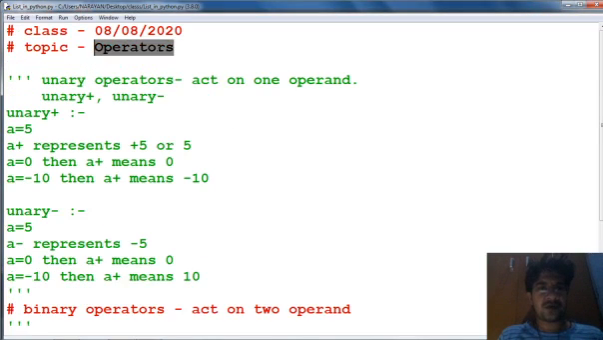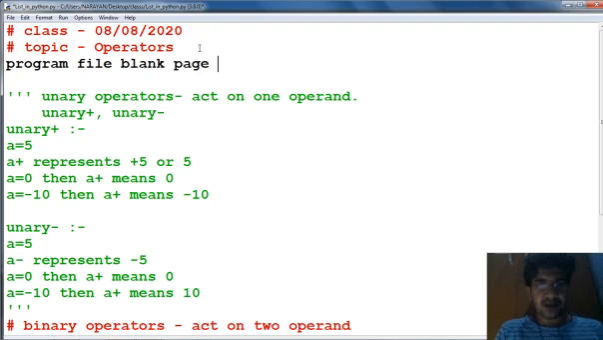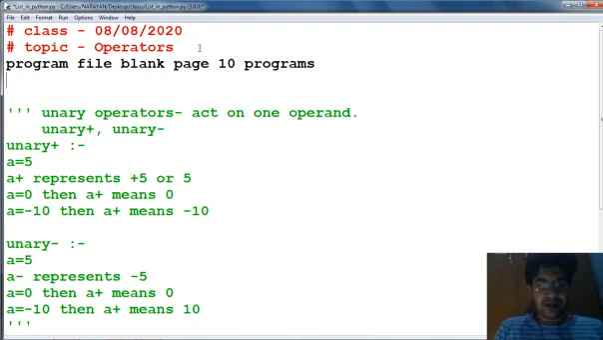Now, before we study operators, first of all we have to talk about your program file. Keep in mind, in your program file, first of all you have to write your program on white paper, on a blank page, and you have to write at least 10 programs. After 10 programs, you have to write all programs with their algorithm,